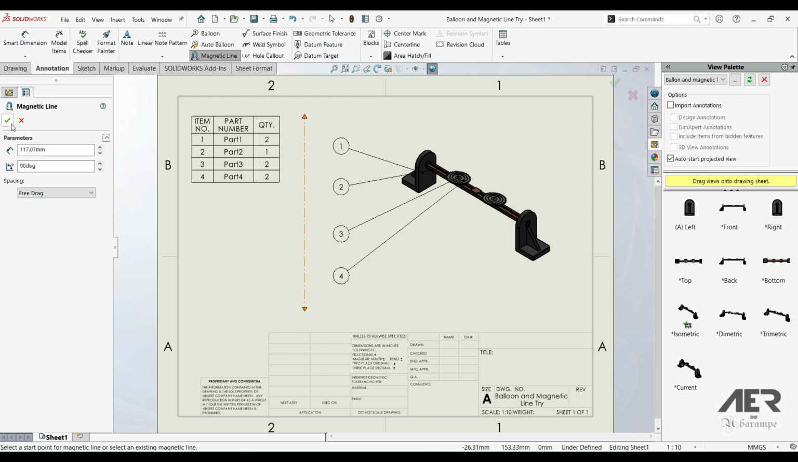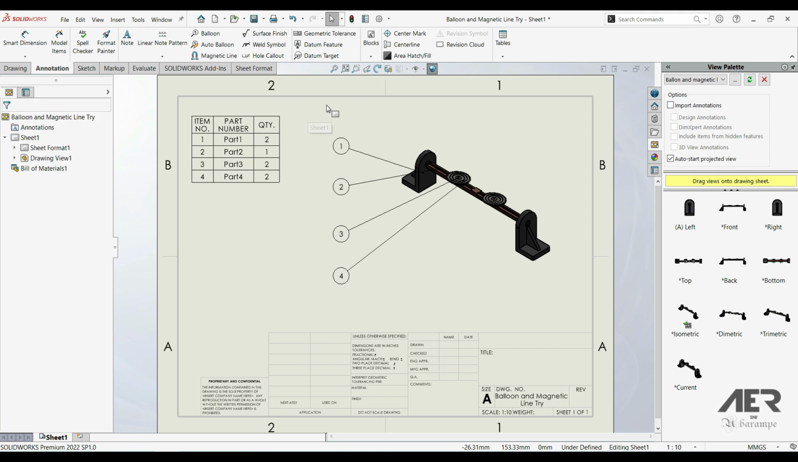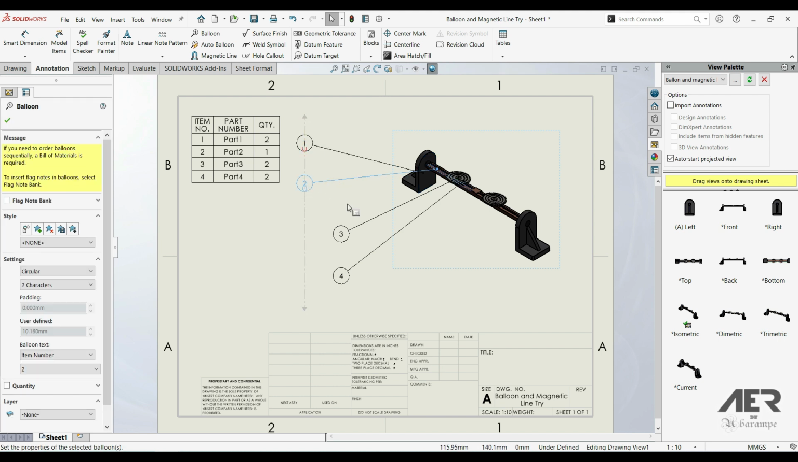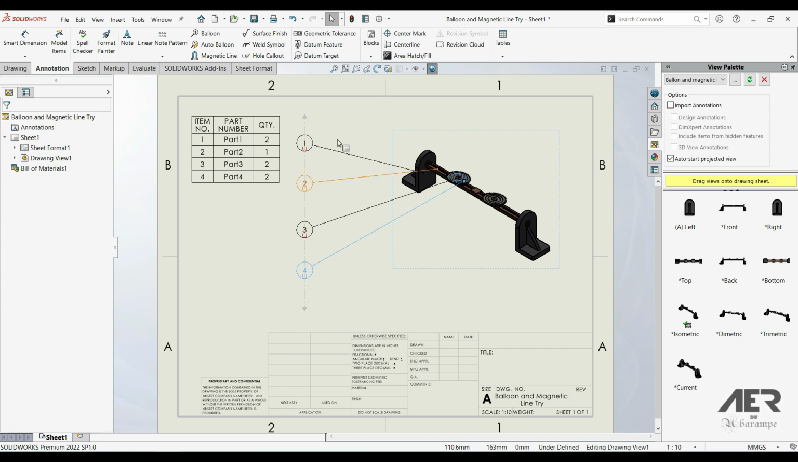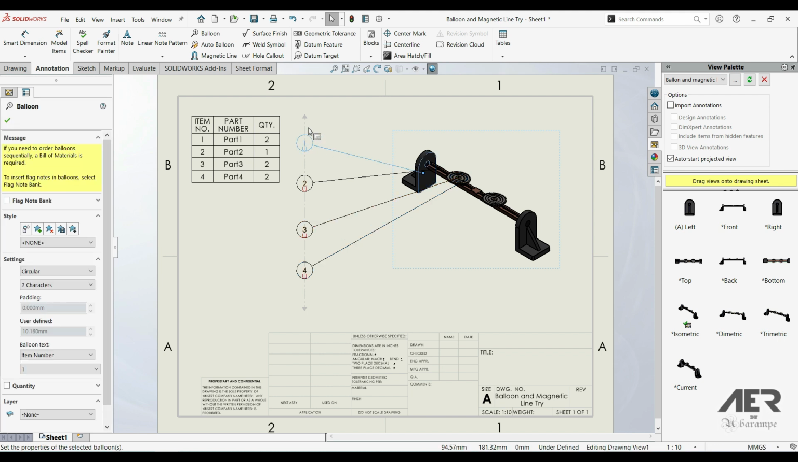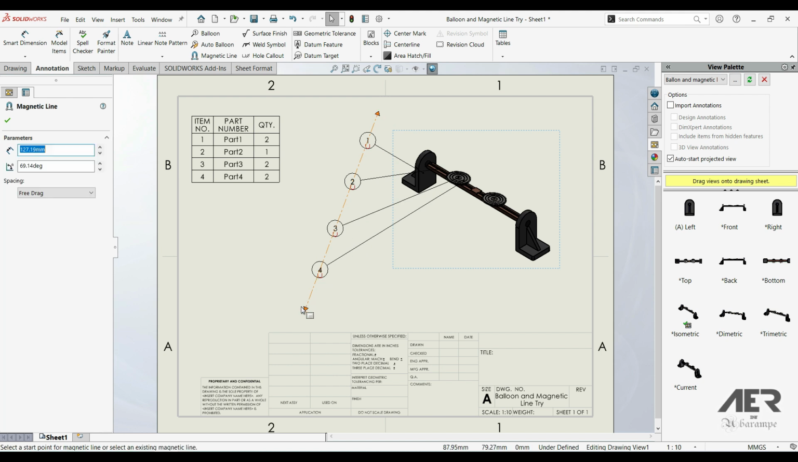Now let's click OK. And our magnetic line disappears. But when we click on this balloon, we can see our magnetic line. If we go to the left, this number automatically jumps to magnetic line. So let's go with this one, and this one as well. Let's click OK. And now here we have our numbers on the magnetic line. We can click here on this one, and now our magnetic line is here. And we can move this magnetic line, for example like this, or like this. So we can modify the length and the angle,